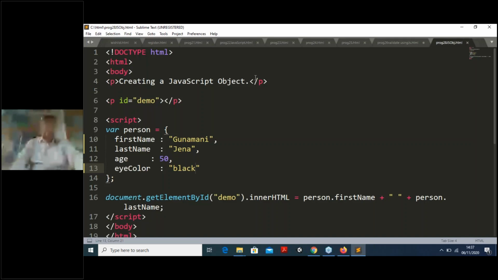So now for this paragraph I created an ID, that is demo, because the same ID I will be using it here. Now for creating this object, what I did, I have to write it inside the scripting language. I told you that you can write it in two places. Either you can write it inside the head or you can write it inside the body also.